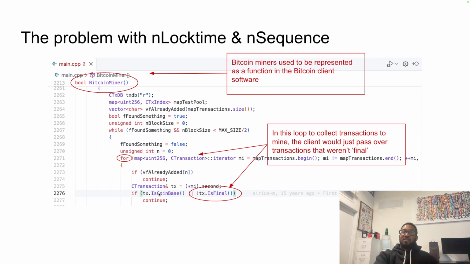As you can see, if it's a coinbase, then you don't need to add it to your collection of transactions, because it is manually constructed by the miner. And if the transaction was not final, then you'd continue. You'd go through whatever is at the bottom of this loop and come back. You'd essentially skip it. So in the mining code, it would skip it through this code.